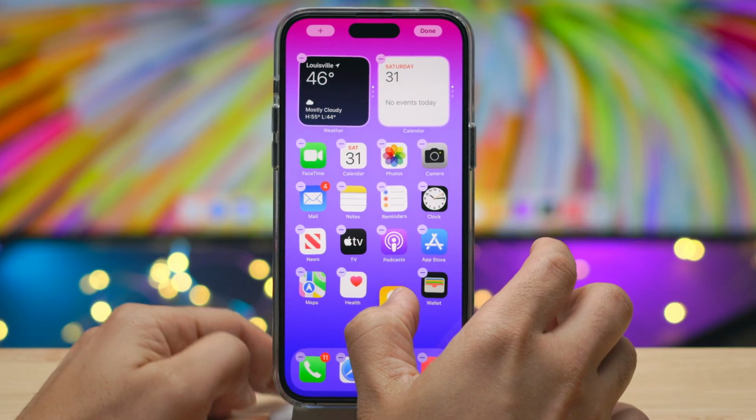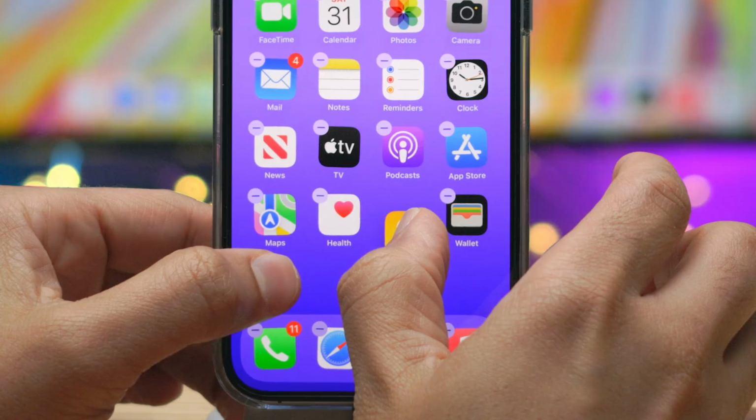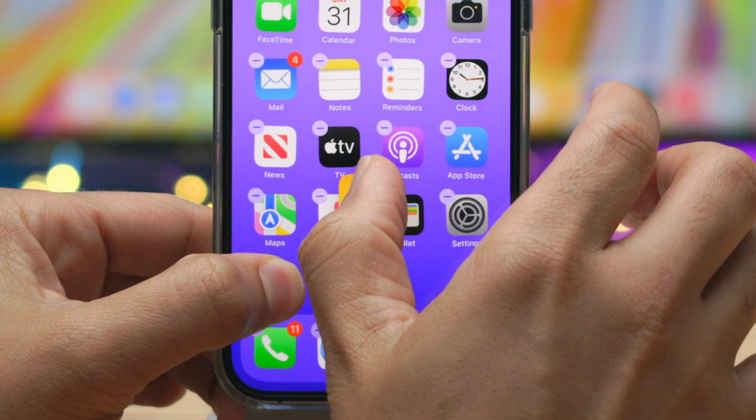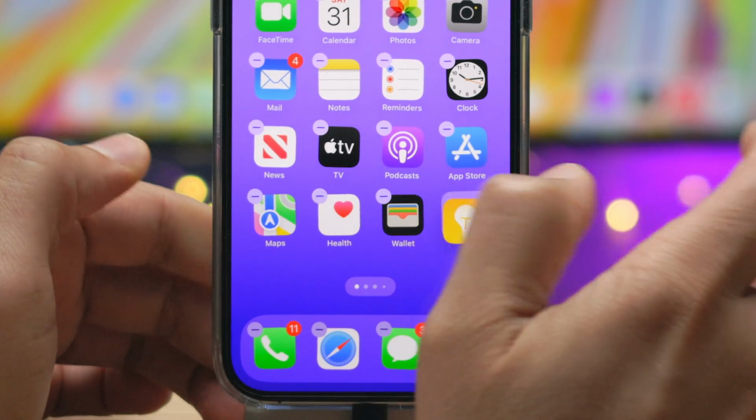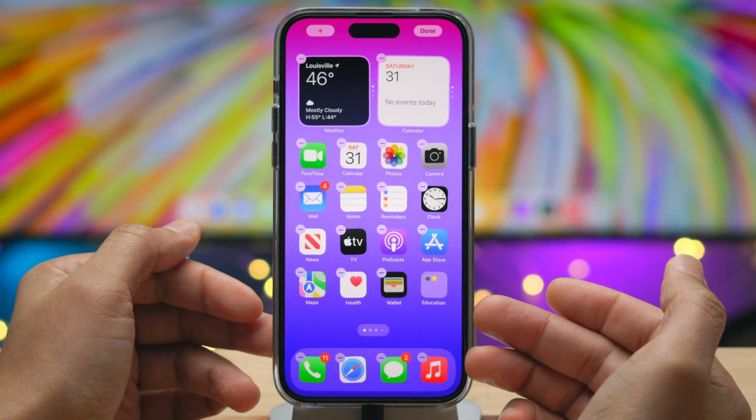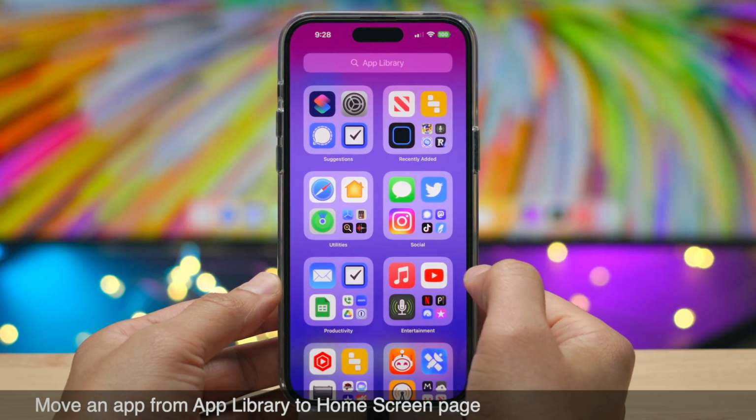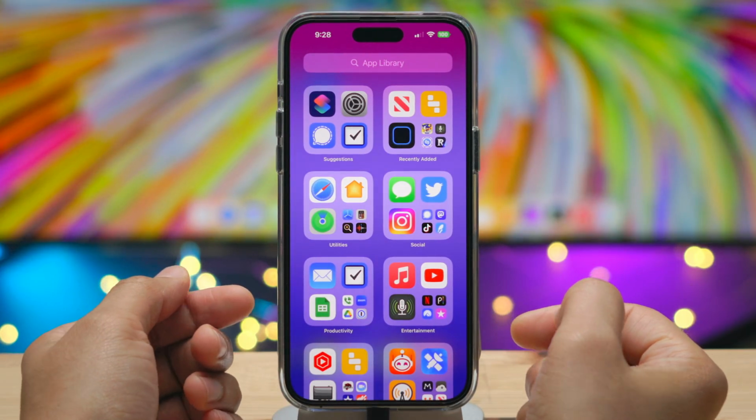Well, to get this back, all you do is you tap and hold like this on a blank spot. That brings settings back. And now you can create your folder simply by releasing like that. Super handy trick. Now let's talk about moving an app from the app library this time back to the home